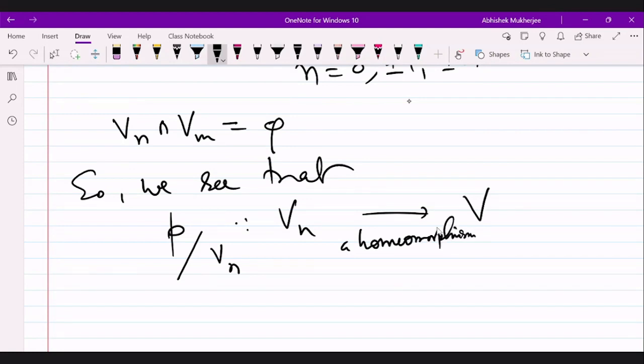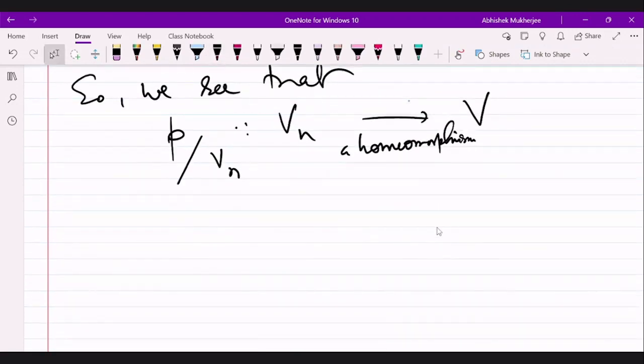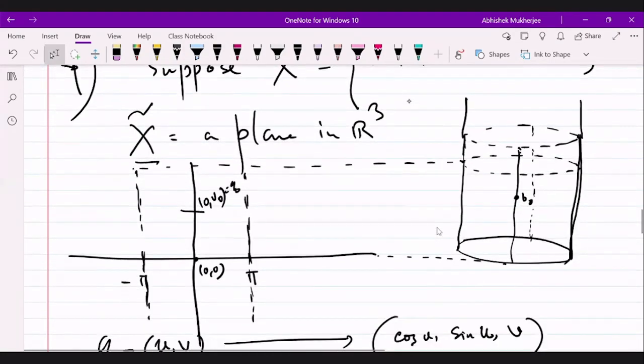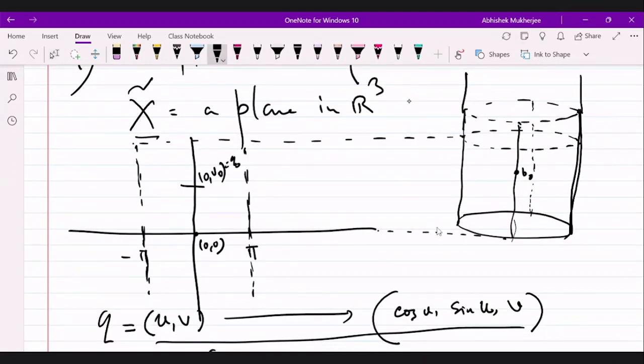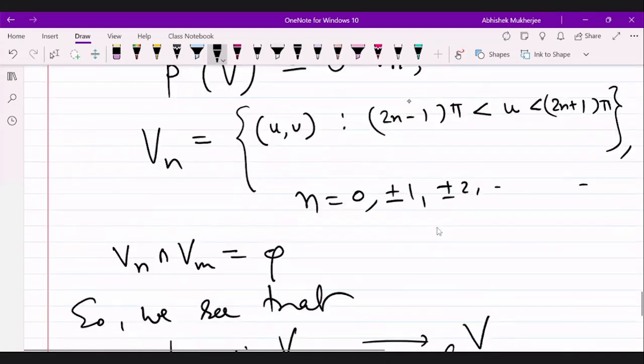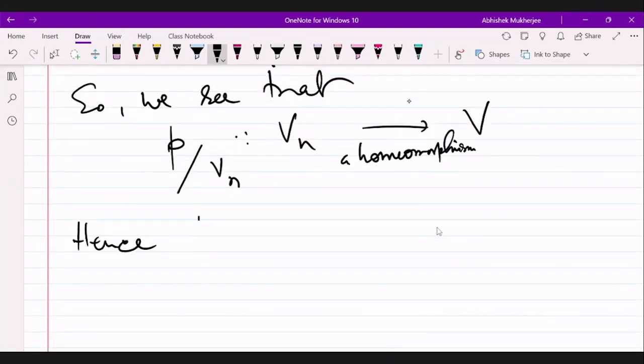So if you need to include that generator, you are going to omit that part and take the other side. If you take any B naught, that will be covered by some coordinate neighborhood, right? So hence this P is going to be a covering map,